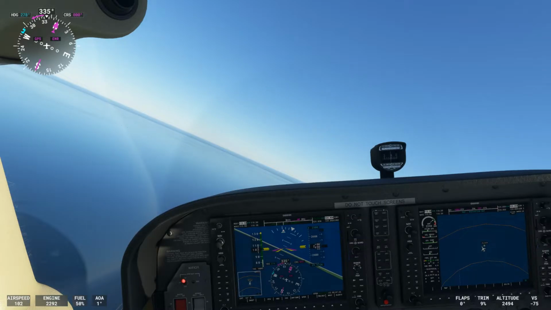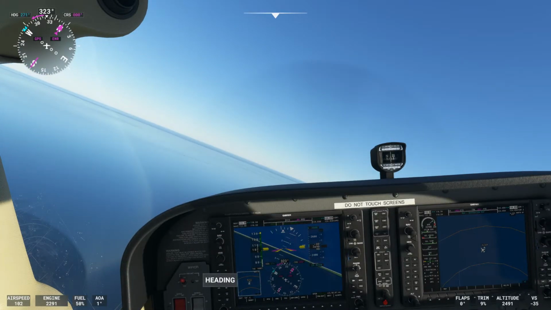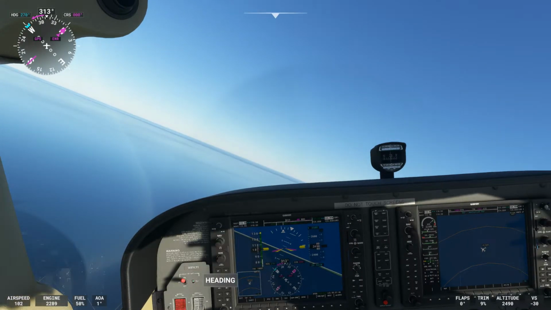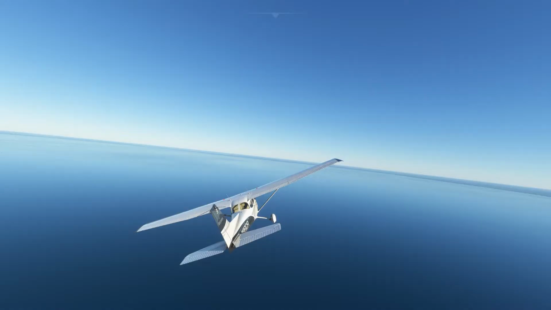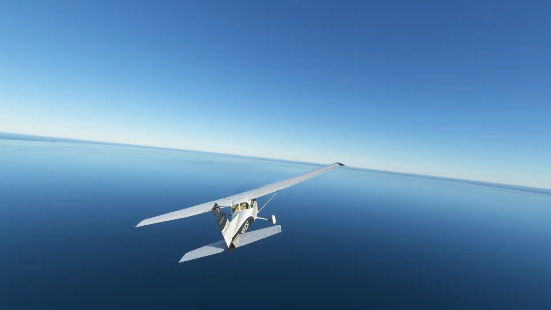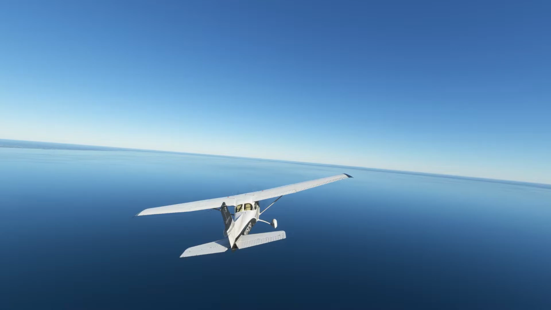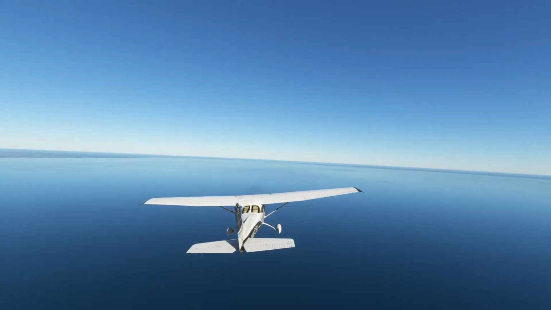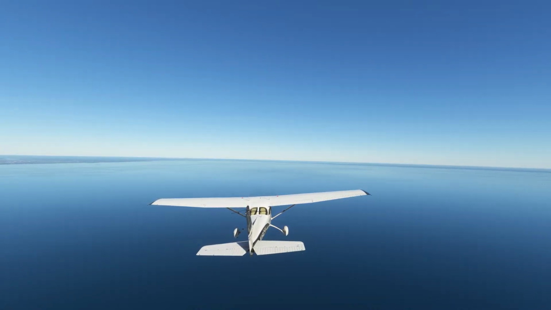I'm just going to set up my heading bug so I remember what heading I'm turning to, and we're going to be looking for traffic. Now, for this maneuver, we are in the practice area, right? We're doing our clearing turns, looking for traffic. We do want to recover for this maneuver above 1500 feet